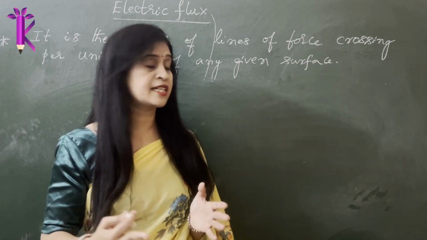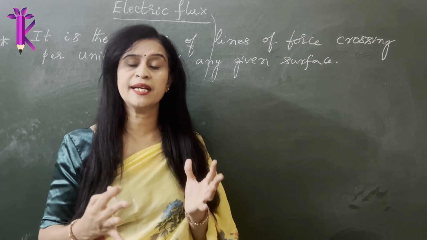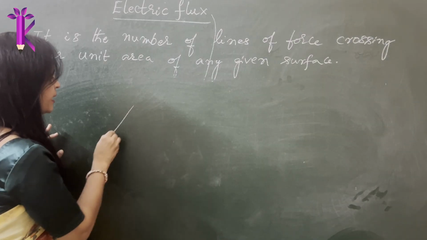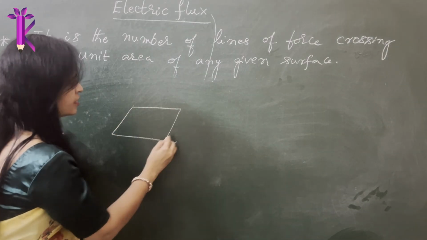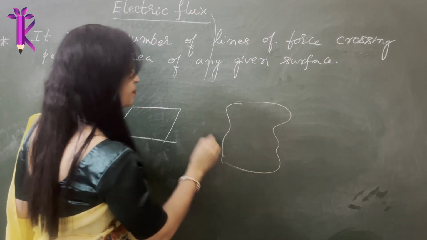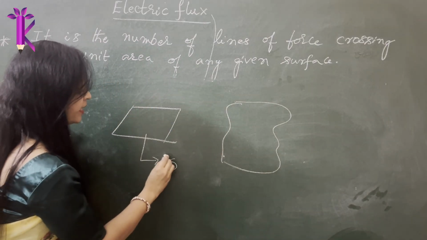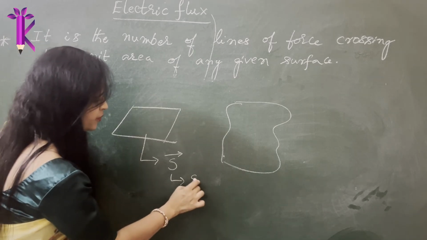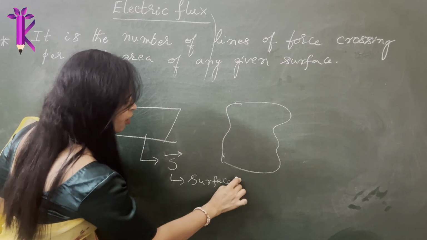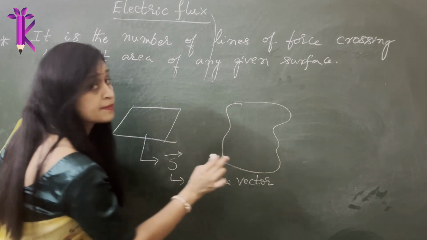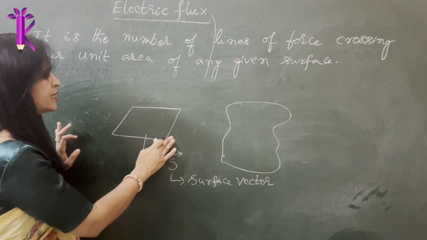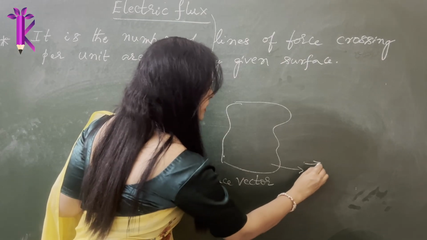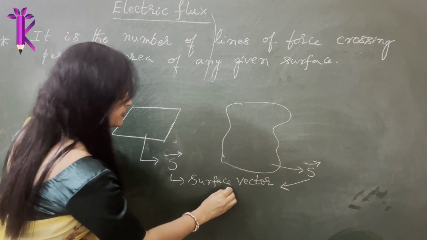Well, now to understand electric flux, we need to understand how we define a normal to a given surface area. Let's take 2 examples. Suppose I take a planar surface area like this and also a curved surface area like this. Now this surface area, I will denote, area is a vector, please remember. You can call it A, or I am representing it as S, the surface area. So surface area is a vector, not a scalar; it has both direction as well as magnitude. How do you define the direction? It definitely has a magnitude because it has a certain surface value. So it's a surface area vector.